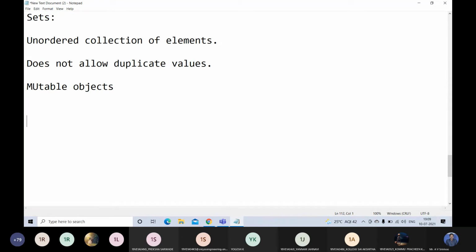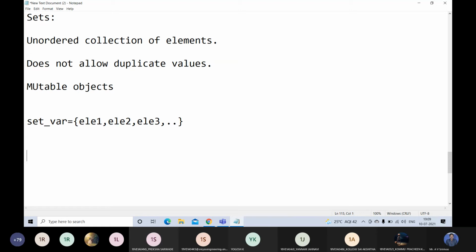If you want to create a set, you have to use a syntax like this: set is equal to curly braces and element 1, element 2, element 3, and so on. Remember the notations. For list we are using square brackets. For tuples we are using parentheses. For sets we are using curly braces.